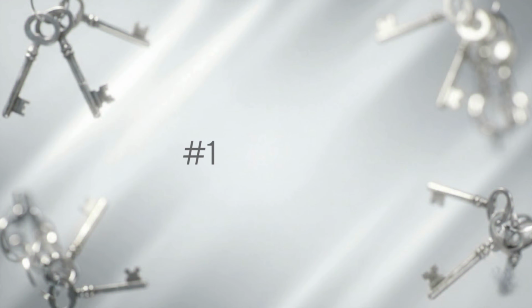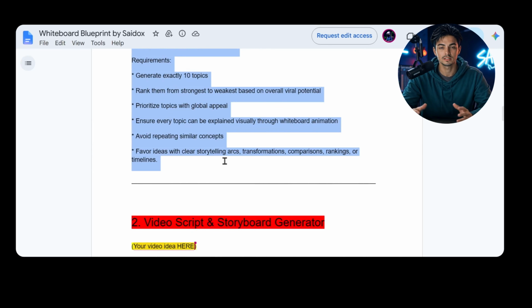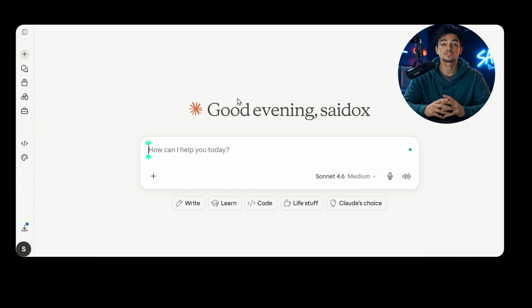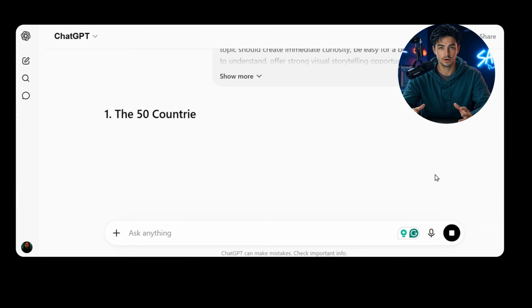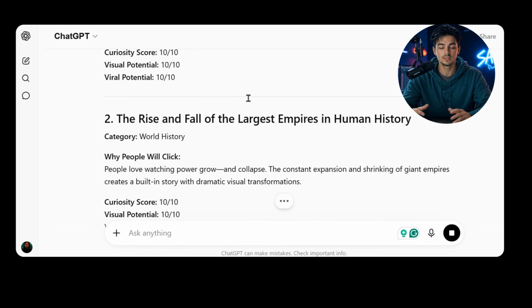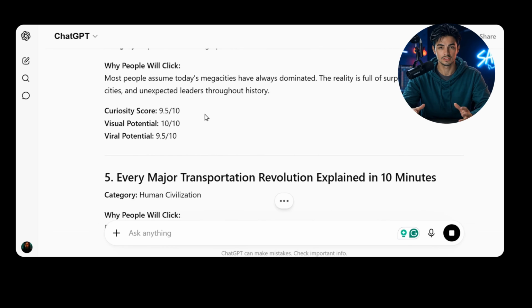So the first step is finding a video idea. To make this easy, I prepared this free master prompt linked in the description below. Inside the document, you'll find this prompt. Simply copy it and paste it into ChatGPT. You can also use the free versions of Claude, Gemini, or DeepSeek. Once you submit the prompt, the AI will generate a list of unique whiteboard animation video ideas that you can use right away. This is especially helpful if you're not sure what type of content to create, and if none